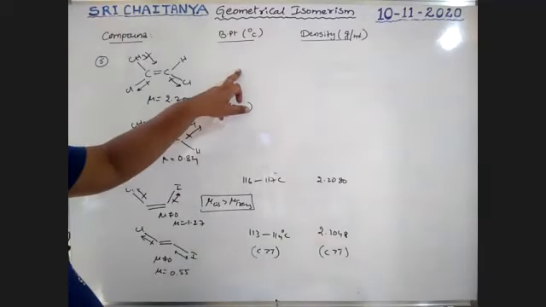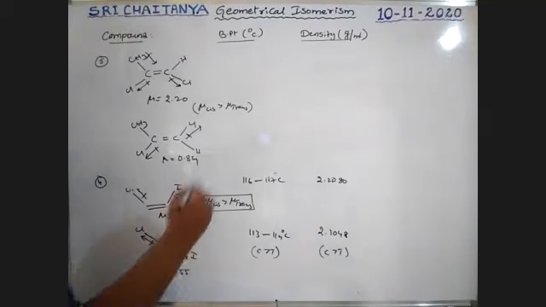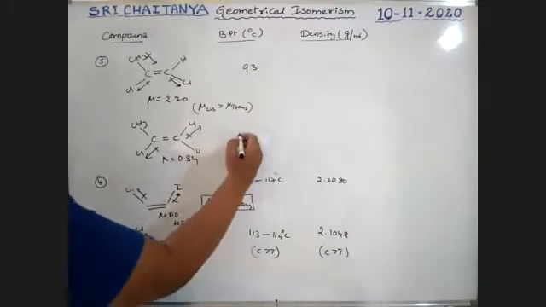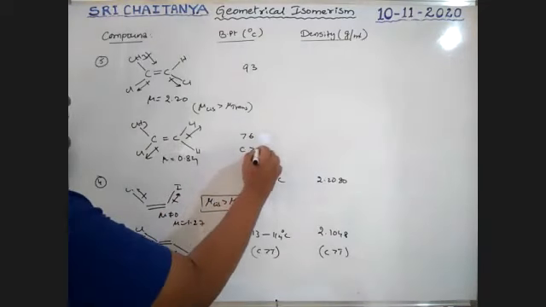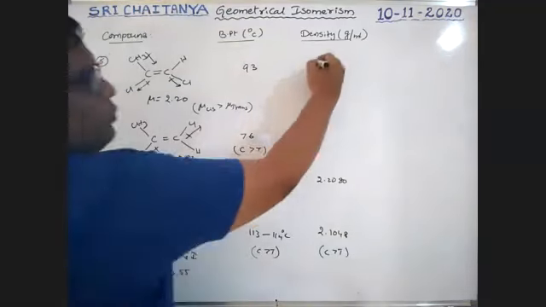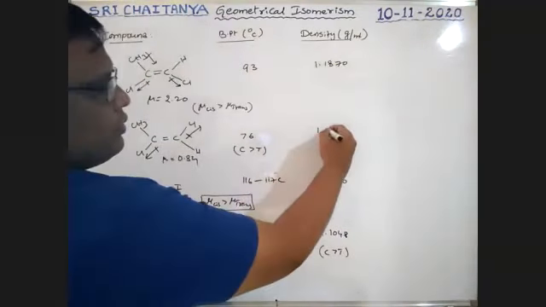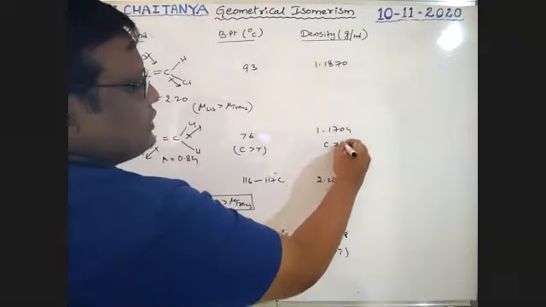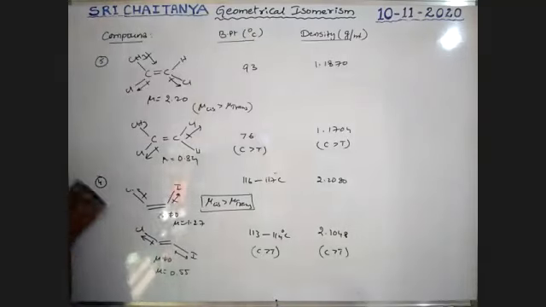Therefore, the boiling point of cis is greater than the boiling point of trans. Its value is 93 degrees centigrade, and its value is 76 degrees centigrade. Therefore, cis greater than trans, boys. Next, density values. It is 1.1870, and it has 1.1704. Cis greater than trans. So next compound.